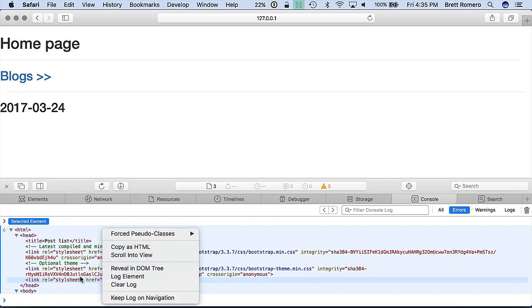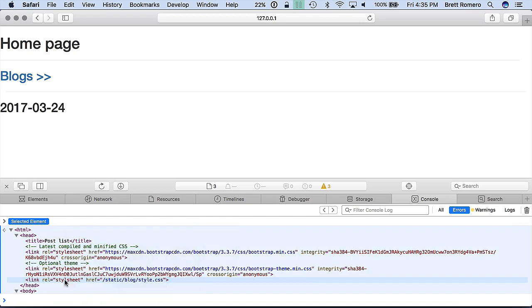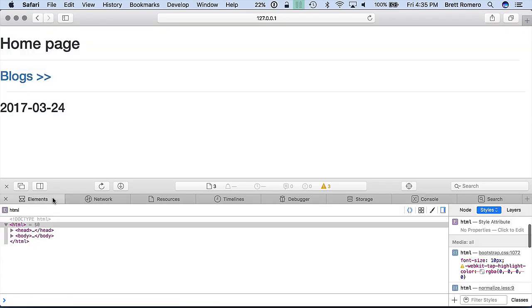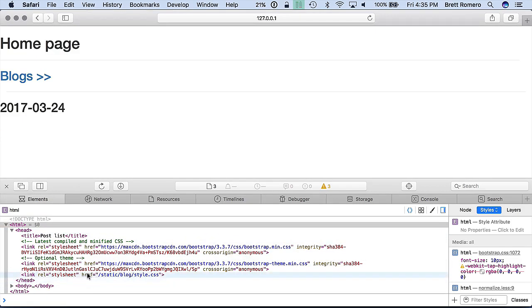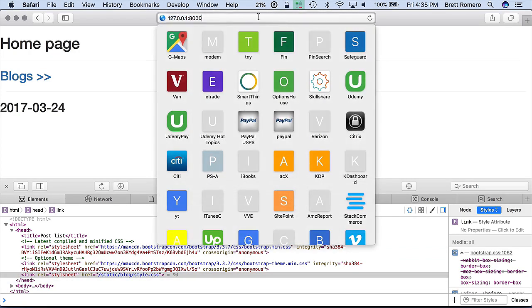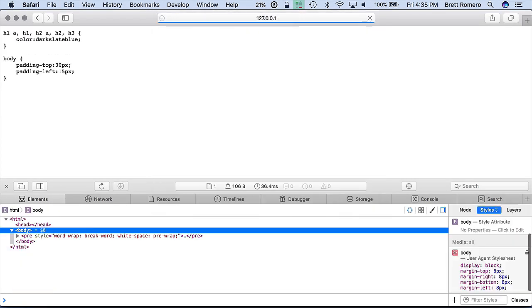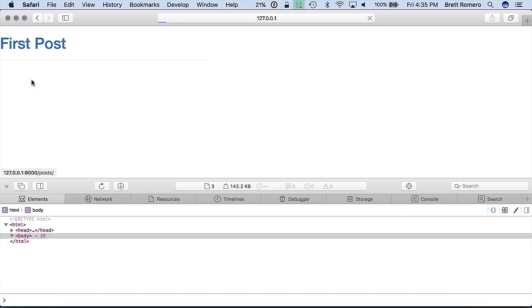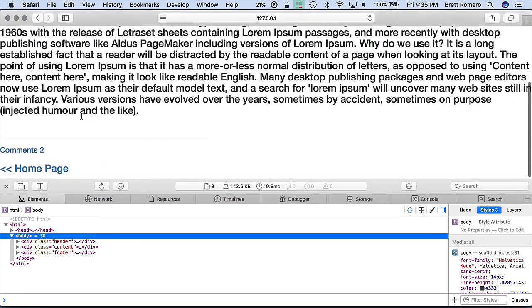So let's see if I can get an edit on this. May have to go back here and open the head section, open this, edit, and copy. So this will just let me know if my path is correct. All right, so that is. We're going to keep going and applying some more styling and see if we can start making a difference on